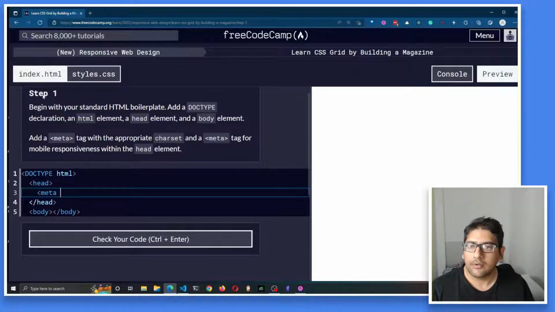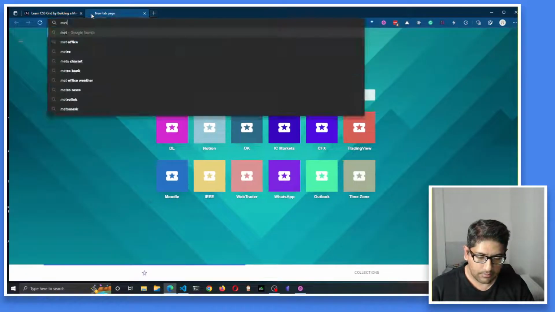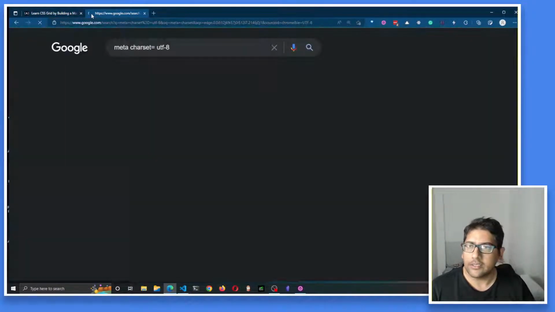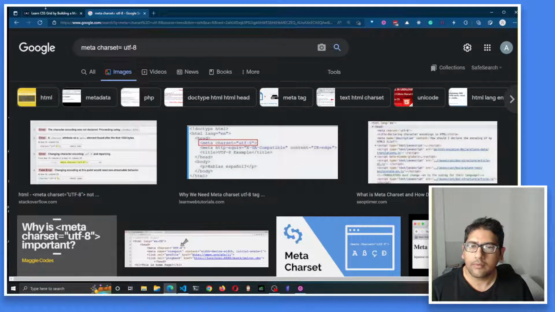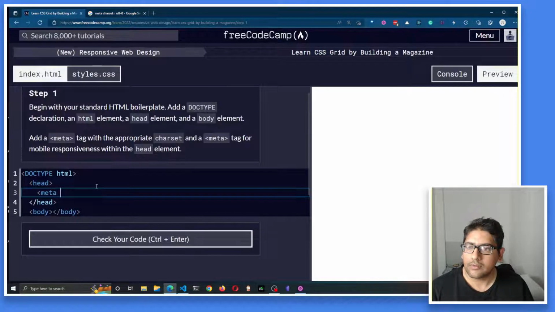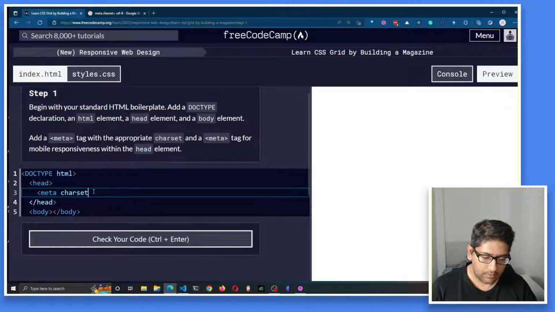Meta. What is charset? UTF-8, right? Yeah. Equal to